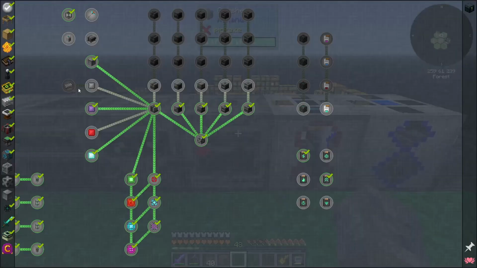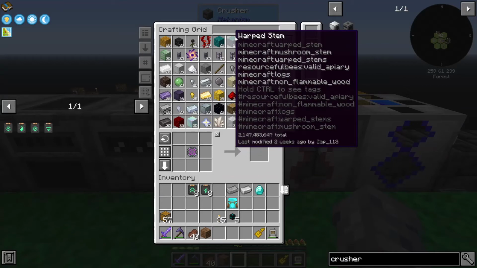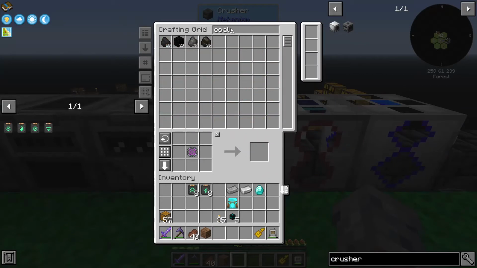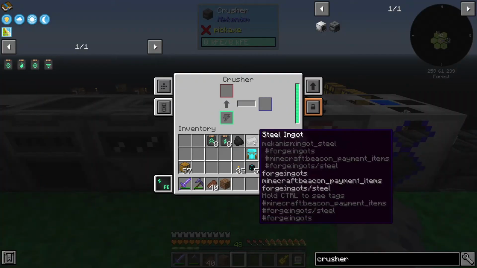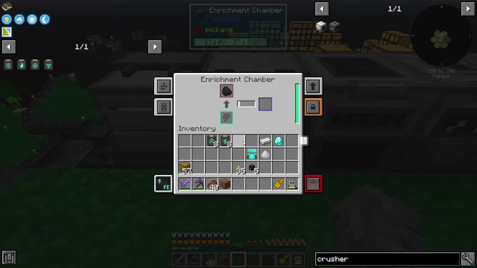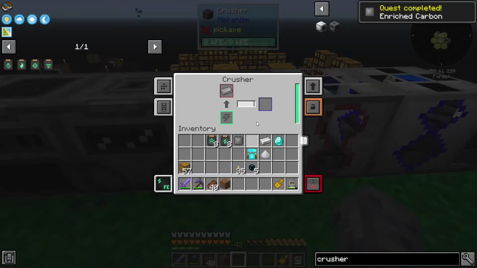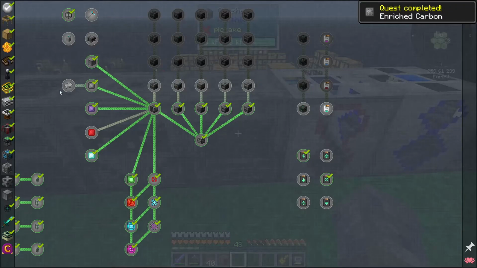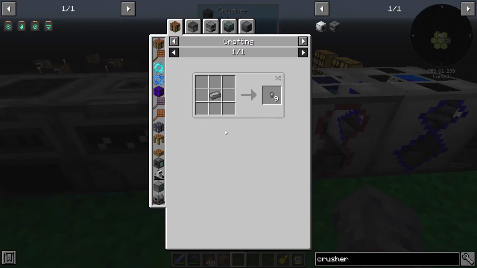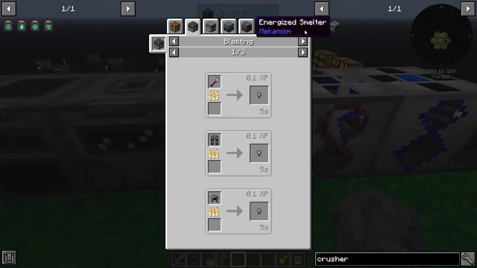Now, whilst that is crushing itself down, we have one last little enriched thing here, which is the Enriched Carbon. That is just a piece of coal through the Enrichment Chamber. So we might as well go ahead and do that to finish up that quest as well. Which wants me to make the steel ingot, which is in...